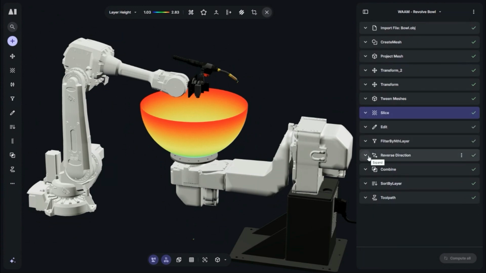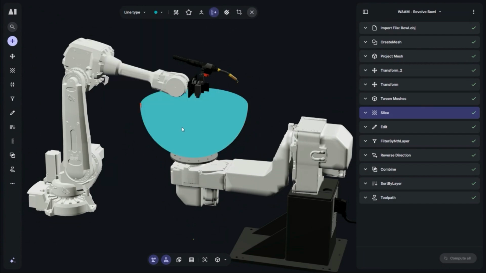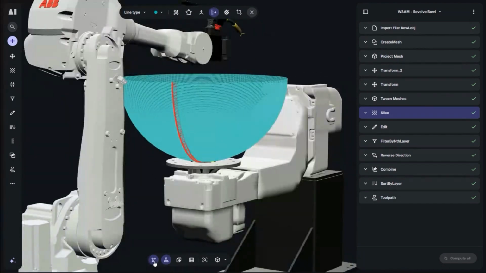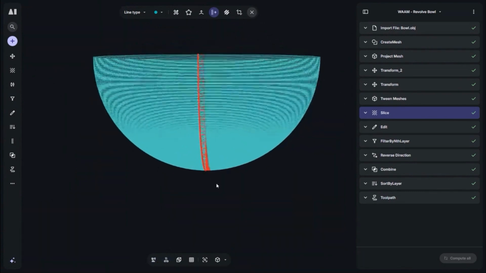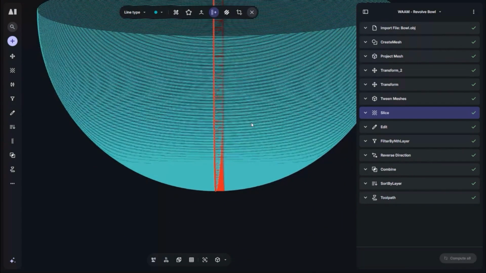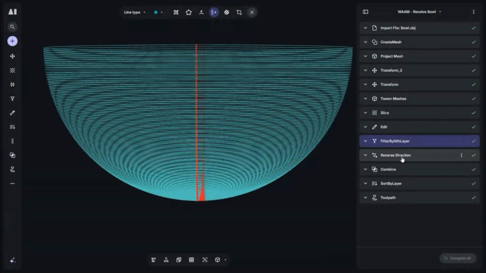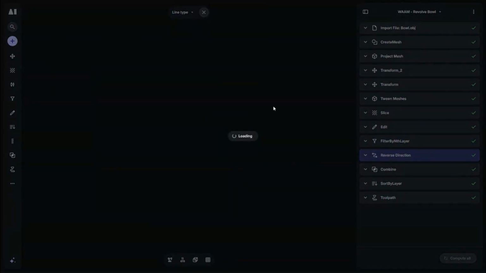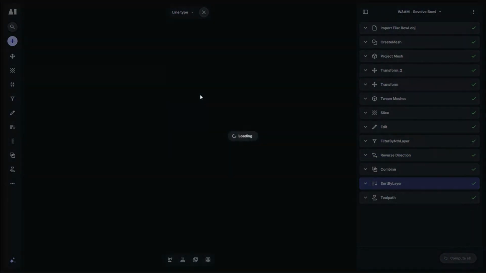And I can reverse the direction of that. As it is now, it will just do a continuous revolve if you've got a print bed that can just keep spinning around, which is a nice luxury not everyone has. So we can filter half the layers and reverse the directions. You can see they're all pointed to the right before, now they're all pointed to the left. And then once we combine those together,